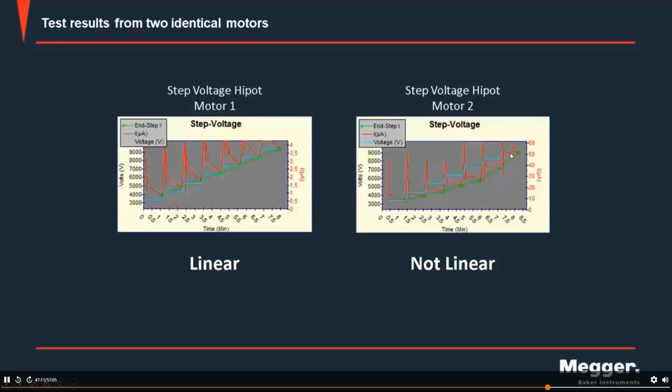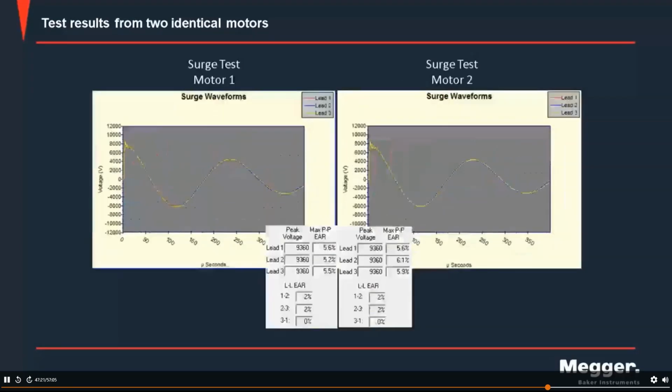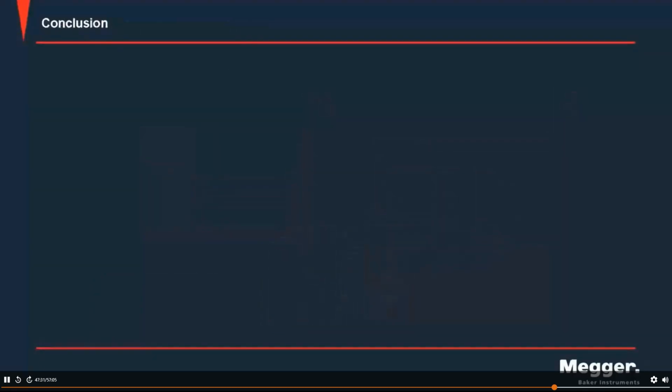If I'm not going to do it, but if I were to go one more step above, if I add another 1,000 volts, I can interpolate that this motor insulation is probably not going to be able to withstand that, and I know exactly where I am on that degradation curve. We also did surge testing, and surge testing revealed no issues. So the turn-to-turn insulation is sound, but we have this problem with the ground. And so based on those indications, we pull the motor out of service, we send it to the motor shop